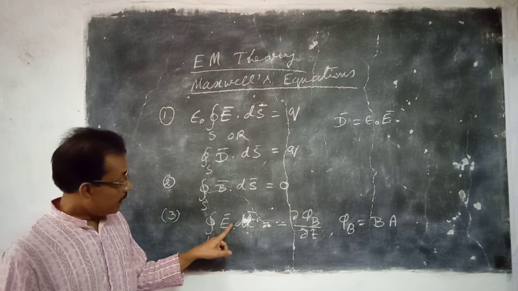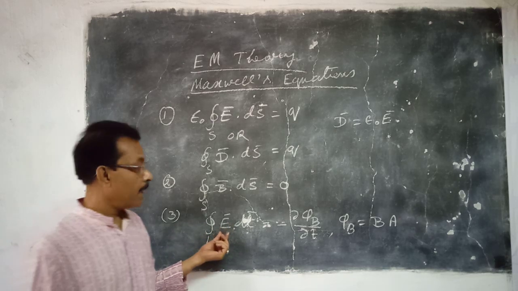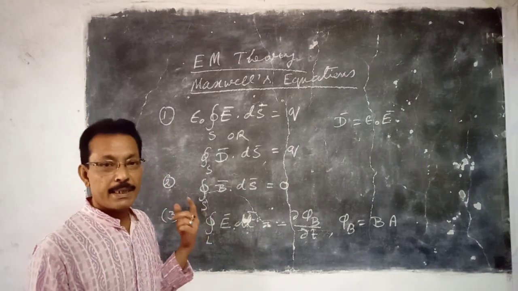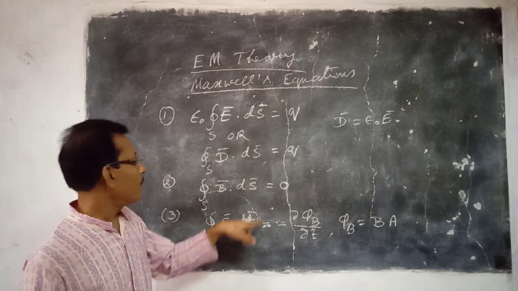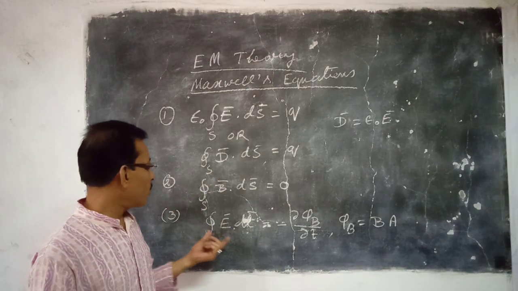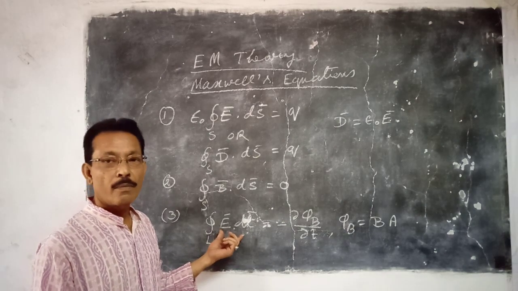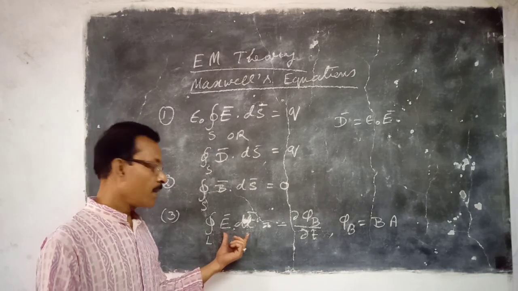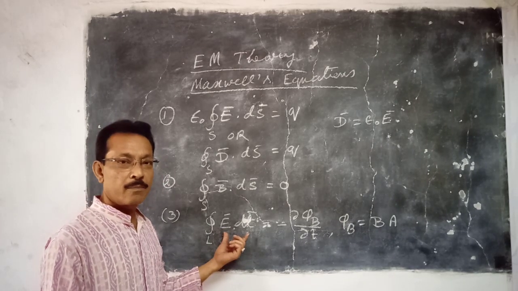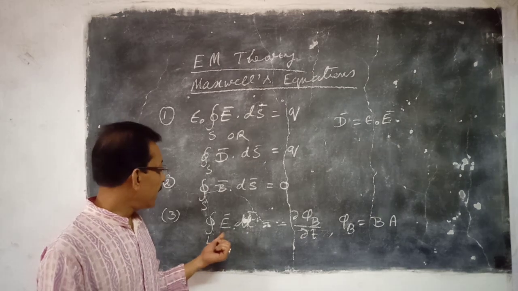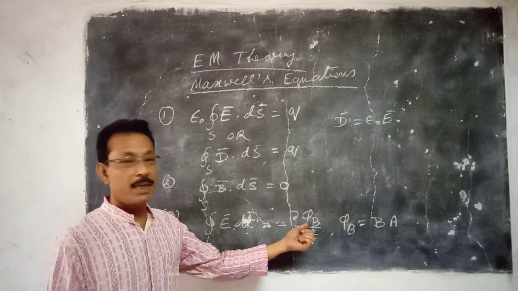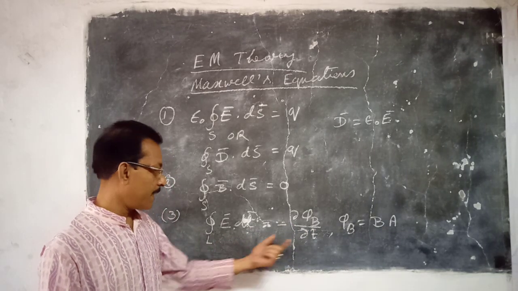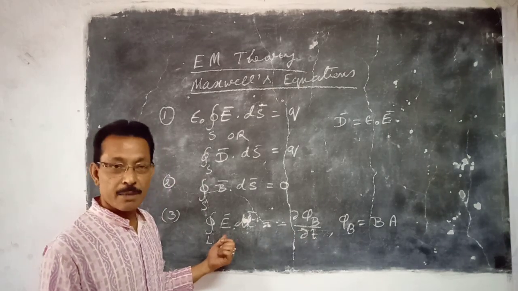As we know, the electric field produced by a static charge distribution is conservative, and in that case, if we take the work done over a closed path, then it should be 0. But here in this case, E dot dl is non-zero. It is the electromotive force induced, EMF. That's why the electric field produced by a changing magnetic field is not at all a conservative force field.